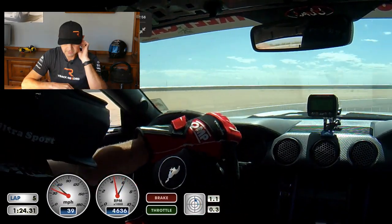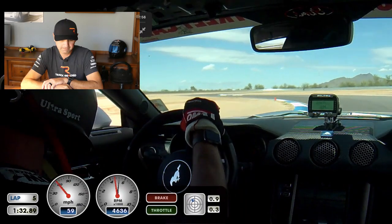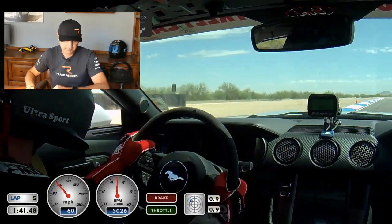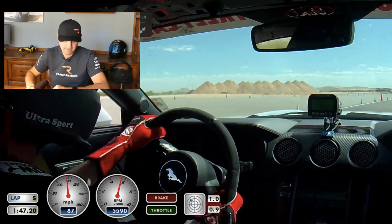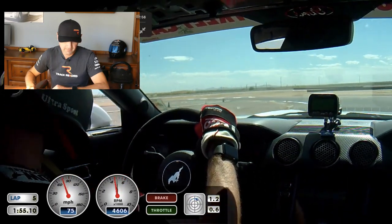Down through 7. Here's turn 8. That's 10 and 11. Okay, I see a 155.10 there. Nice lap. There's a lot of things that I think are really good, and I see a few areas that we can work on